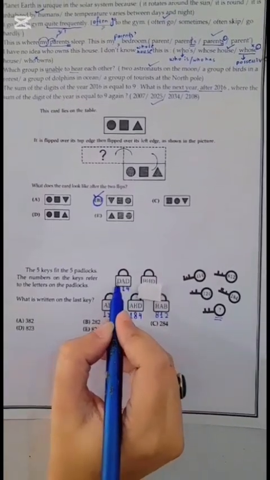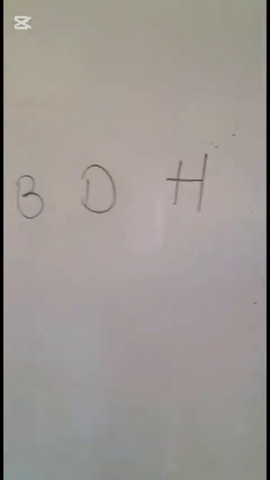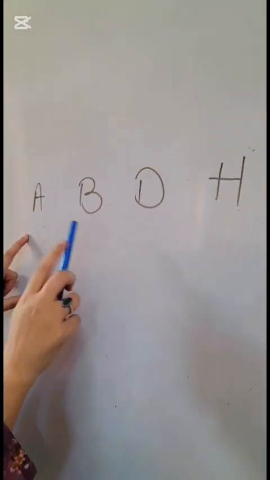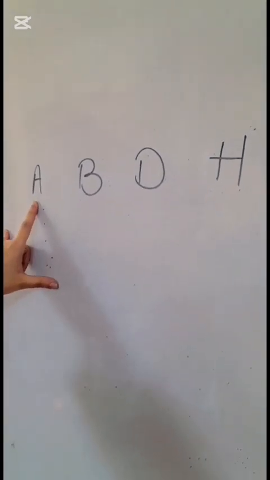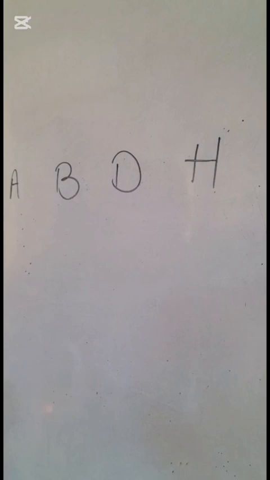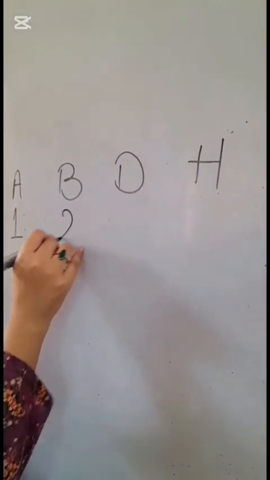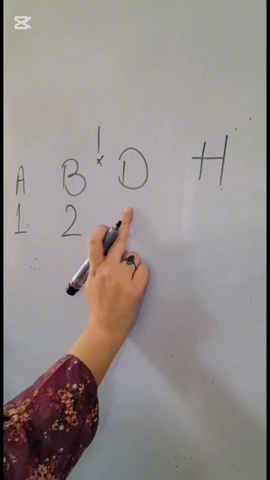And the names are in English alphabets. Now, in order to solve this particular MCQ, you have to number these alphabets. In English language, we study alphabets. What is the number of alphabet A in English language alphabets? 1. The number of this alphabet is 1. D is number 2 in English alphabets. C is missing here. So what will be the number of alphabet D?